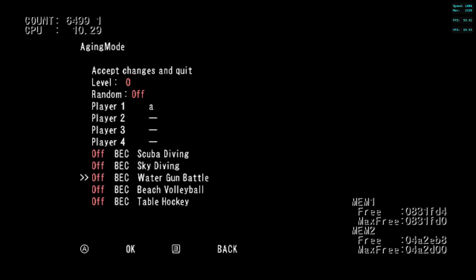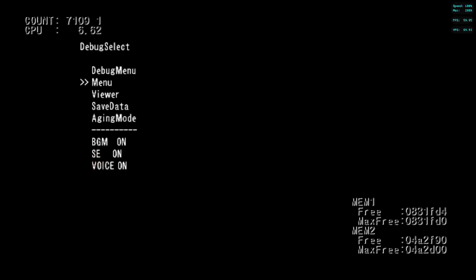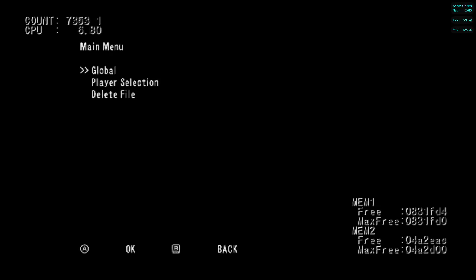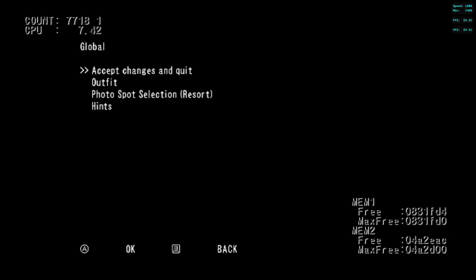It's kind of unclear what this would be used for. I'm not exactly sure of that, but it's awfully interesting for sure. We're not going to actually open it because it would take a while. But here we have the save data, which is pretty straightforward, but it does show us some things that have changed here. So if we go into global,